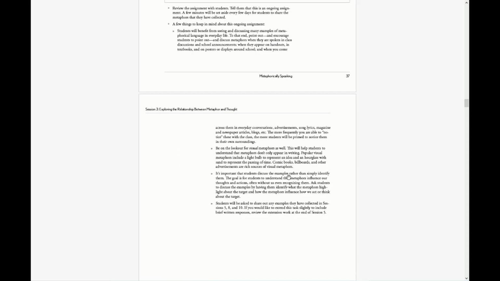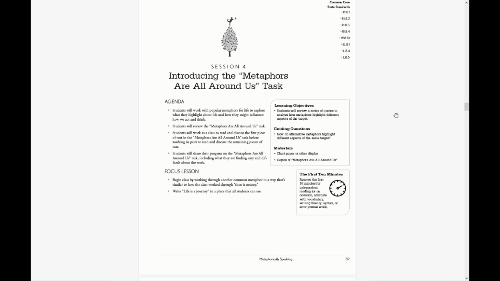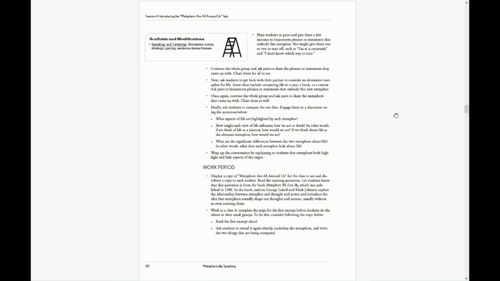And you as the teacher will want to collect a few examples of visual metaphors before session 5 so you can share those with students. In session 4, we continue examining how metaphors show up in everyday language and how they shape the way we think about certain topics. So the example here would be time is money or life is a journey. How do these metaphors give rise to a lot of our ideas about money and about how we should navigate our lives? Even saying the words navigate our lives embeds the idea that life is a journey. It's something that we navigate.